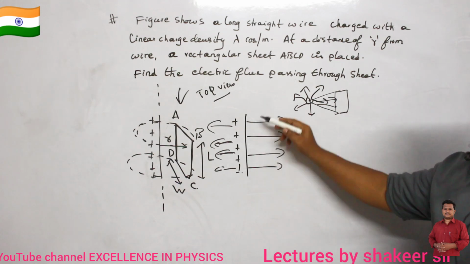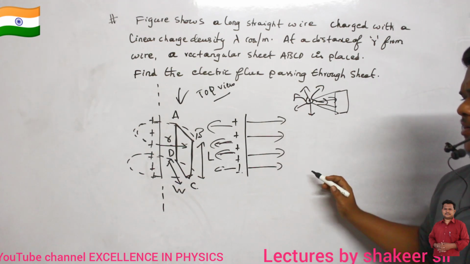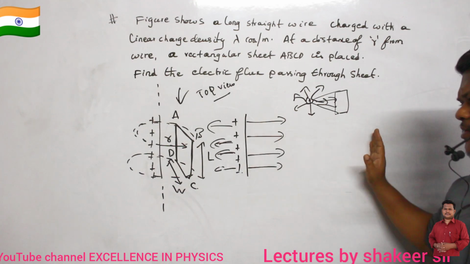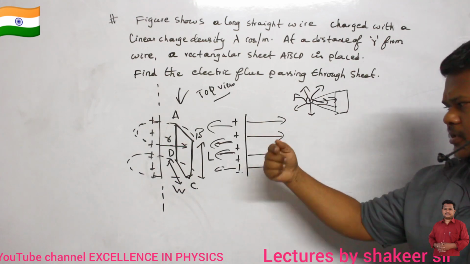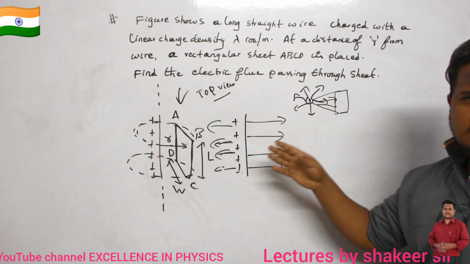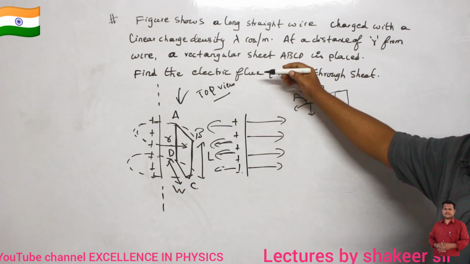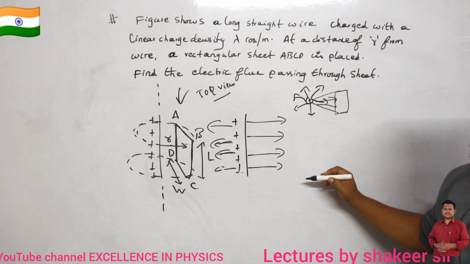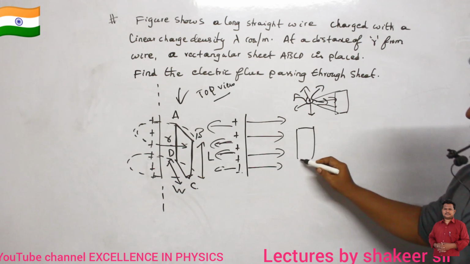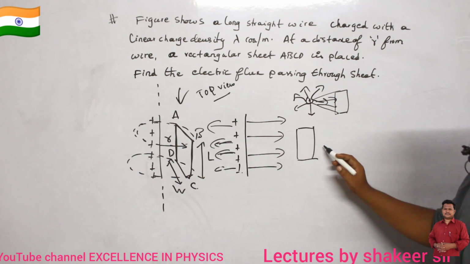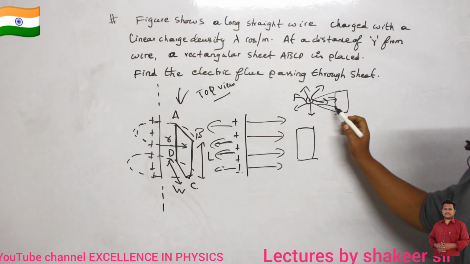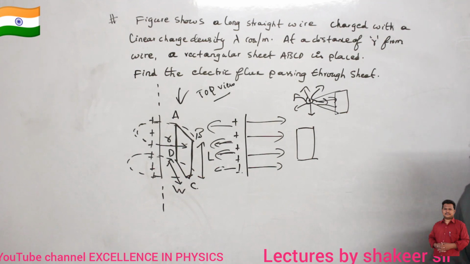So if it is a line charge, then this is the direction of electric lines. Electric lines will be going in this direction, in this direction, in this direction. Similarly, at the back of the board also electric lines will be traveling. So if I observe from here, this is what I see. But the sheet is present somewhere here, no? So all electric lines cannot enter into this one. Only some electric lines will be entering into this sheet. Are you able to understand, ma?